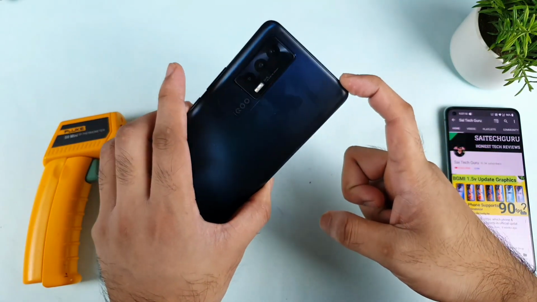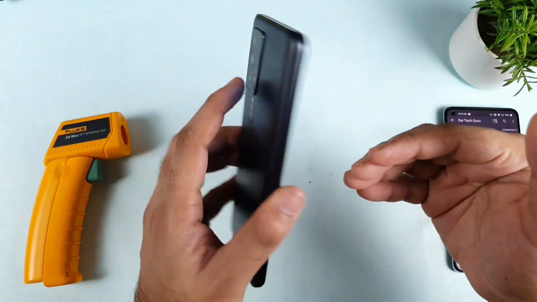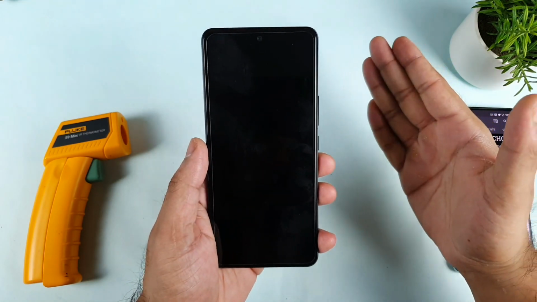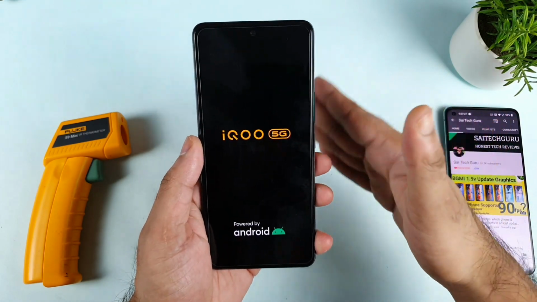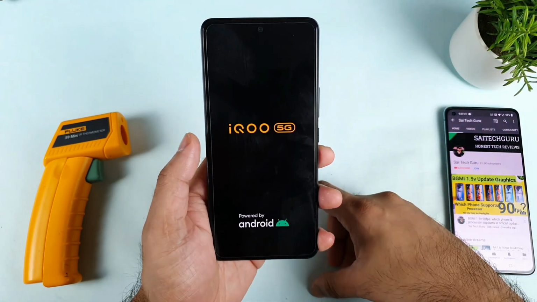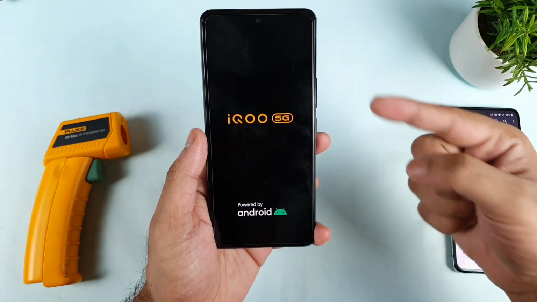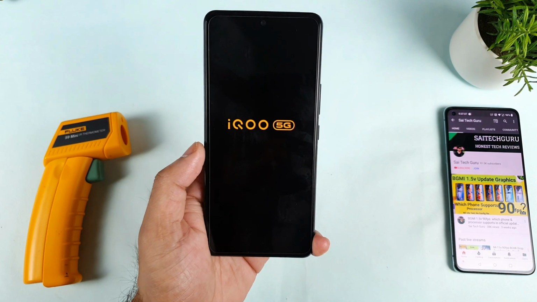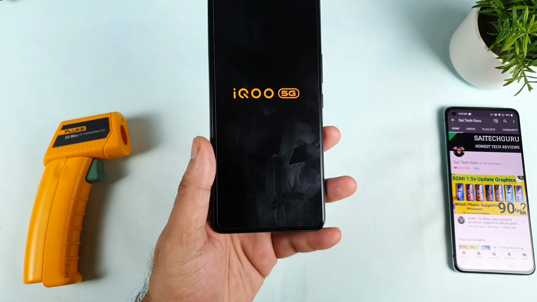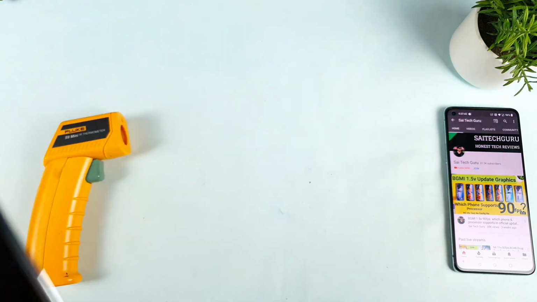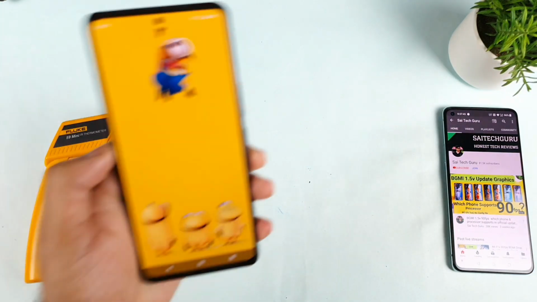That's what I'm going to test in this scenario, and I'll even focus on the temperatures. So we'll try to compare the score after the new update, which is the new Antutu benchmark version, and the score before the new version. In this way, we'll be able to figure out what is happening. Every time I do the Antutu benchmark test, I restart the device before doing it, just to be on the safe side, to clear everything. And during this process, I'll try to use the extended RAM capabilities as well in the phone. That's one thing I thought of mentioning for you all.